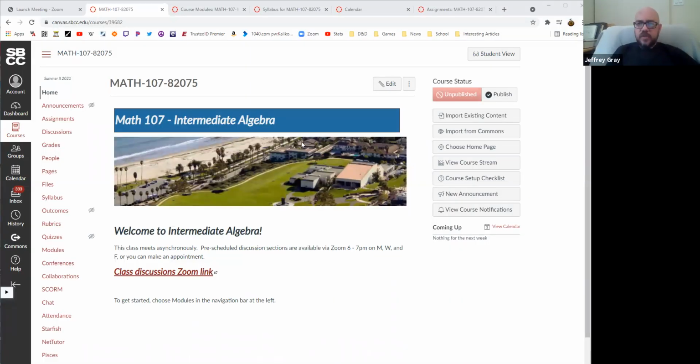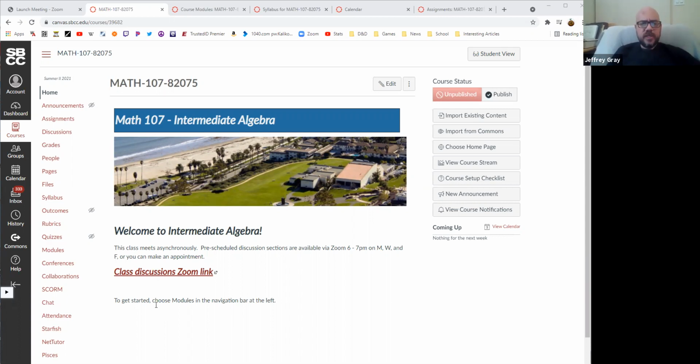When you go to Canvas and select this class, Math 107, which, as you can see right now, as I'm shooting this, is currently unpublished, but will be published by the time you're looking at it. This is the page it'll drop you on, and I have to tell you, I've been having some problems getting Canvas to do what I wanted, and so the pages aren't all done yet. But they'll be done in plenty of time for you to see the course.